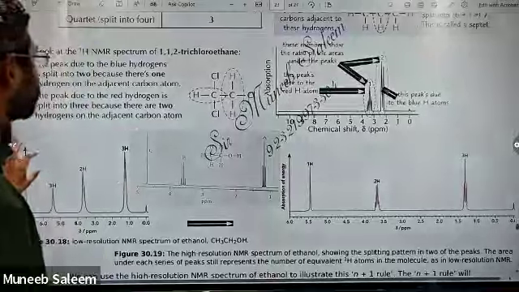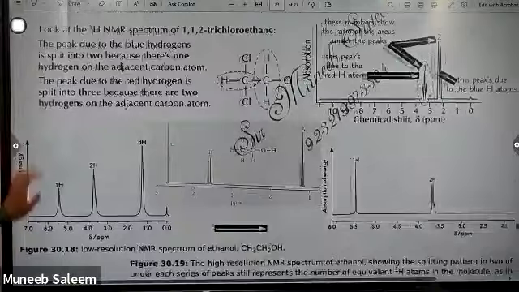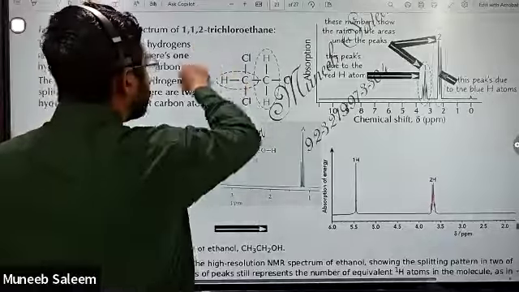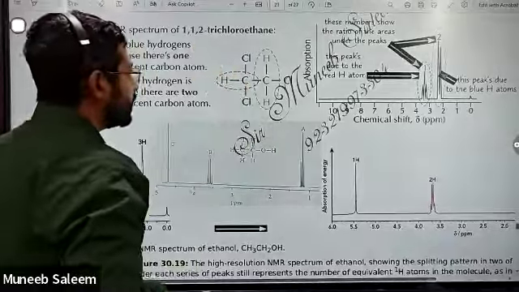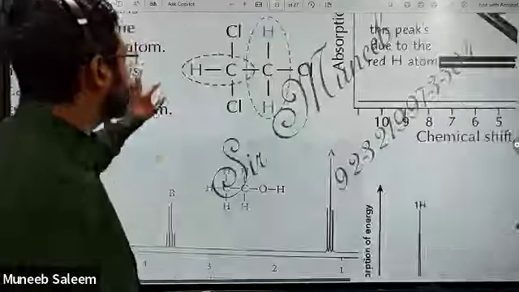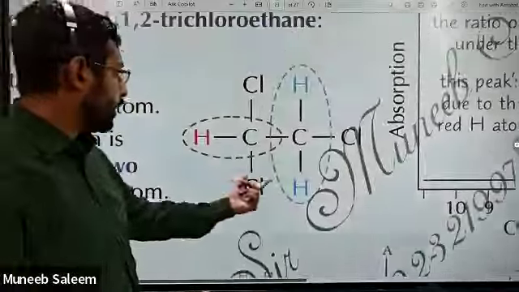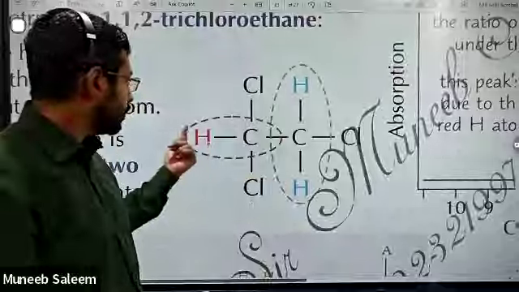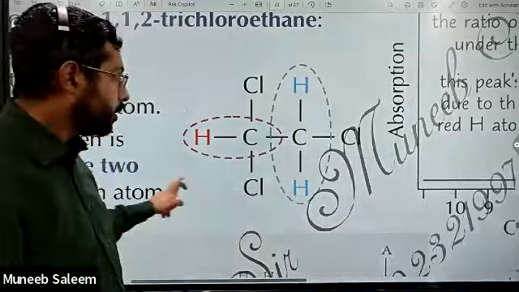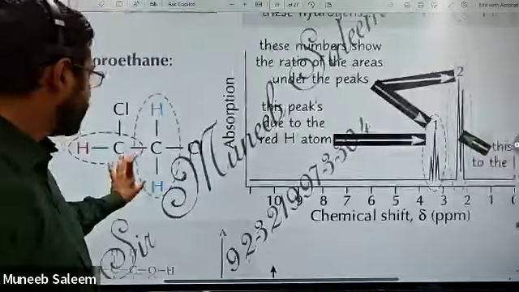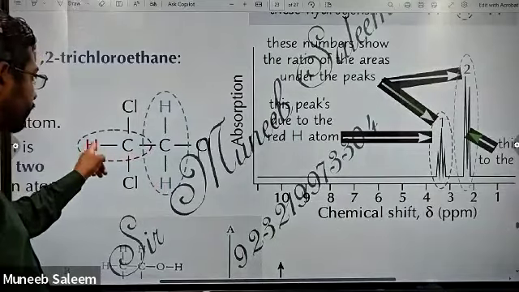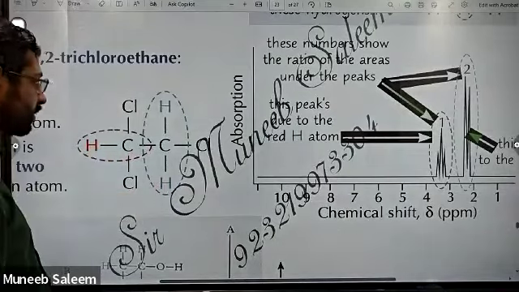Now let's take the example of 1,1,2-trichloroethane. Here in this case, you have 2 hydrogen atoms in total. One hydrogen atom is labeled red and the other hydrogen atom is labeled blue. Now for this case, this hydrogen will create an effect on this hydrogen, and this hydrogen will create an effect on this hydrogen atom,